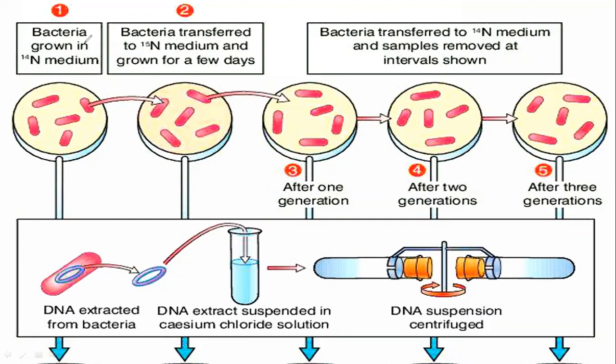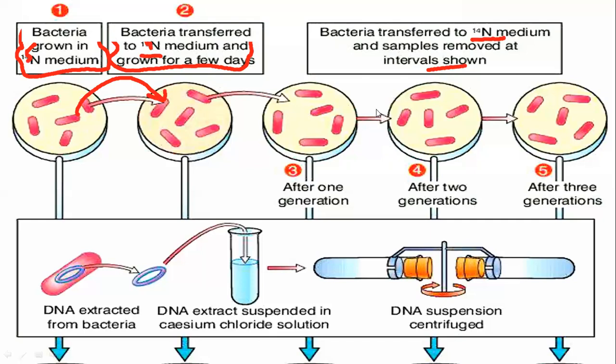All the conclusions of how we can say that your DNA is replicating semi-conservatively. The first step was that bacteria were grown in N14 medium over here, and second, you tried to grow them in a different medium, the heavier one, N15 medium. Then you shifted them from lighter to heavier or from heavier to lighter. You can do it both ways, as we basically want to compare the two. Bacteria are transferred to N14 medium, and then samples were removed at different intervals. It can be N15 here and N14 over here. It was first grown in heavier, and then it was transferred to the lighter one.